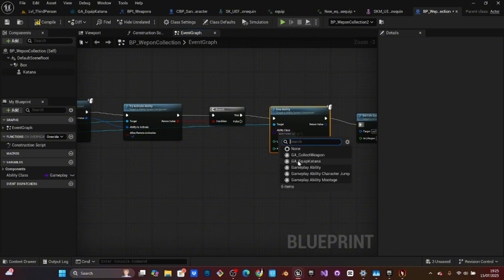We are going to give equip katana. So as we're giving this ability to the collectible, we can delete